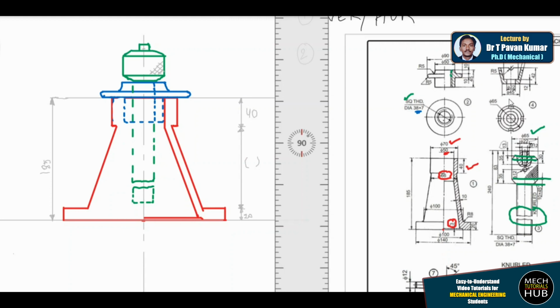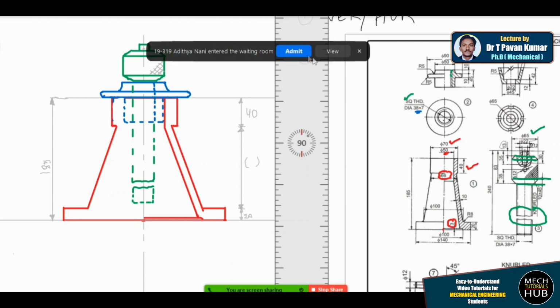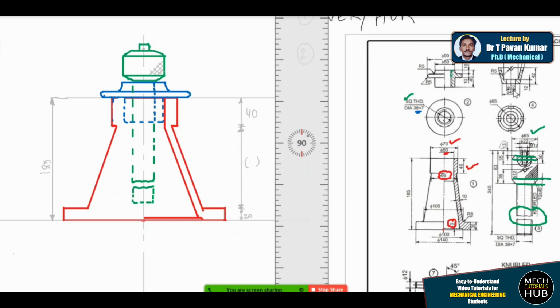And have a look at part number 4. This has a centrally drilled hole of diameter 22. Here the shaft is 22, here the circular hole is 22. So both can match and I can place it from the top. If you look here, it is maintaining a height of 13, but the hole has a penetration of 12 mm only, which means there is a 1 mm leading edge. 1 mm will remain out, and after placing this part over this particular screw, I just need to screw these two, clamp these two, that I'll show you.